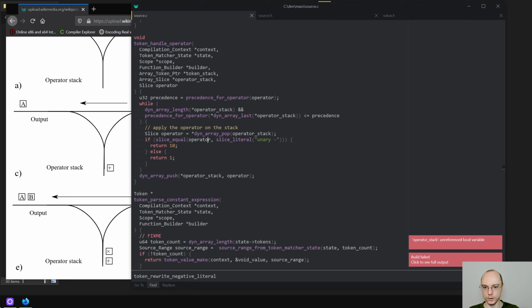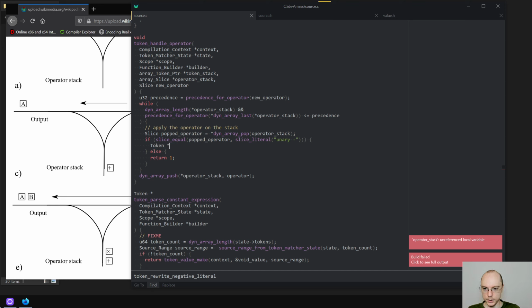So if operator, let's say it's a new operator. Yeah. And popped operator or something. If pop operator is unary minus, then we need to